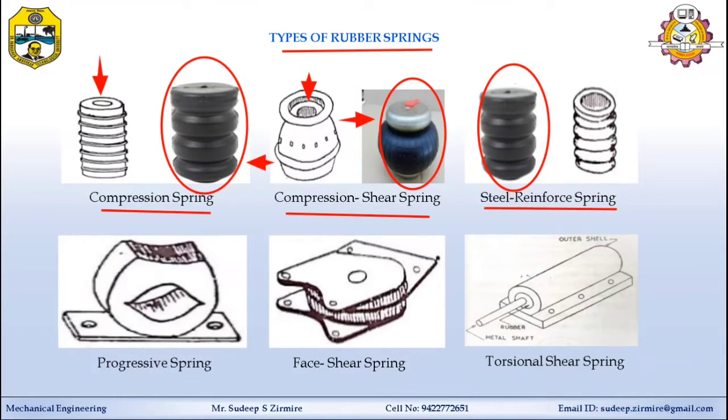Next one is the progressive spring. It has a cavity inside, with a small rate which rises rapidly as the center cavity closes. If load comes from the upper side, this cavity closes, but when the load is removed, it opens, and it provides the suspension effect.